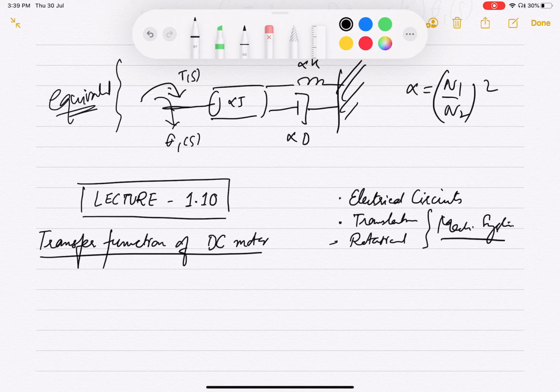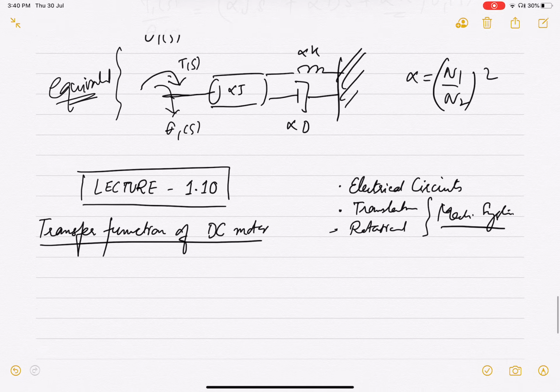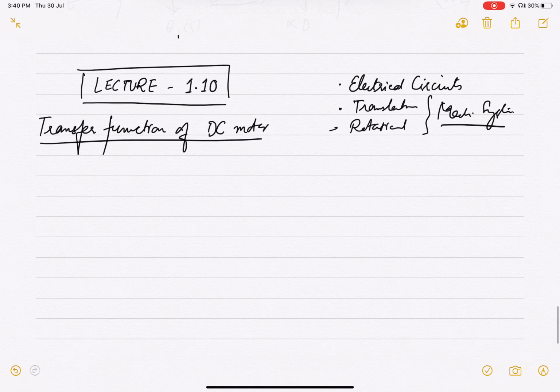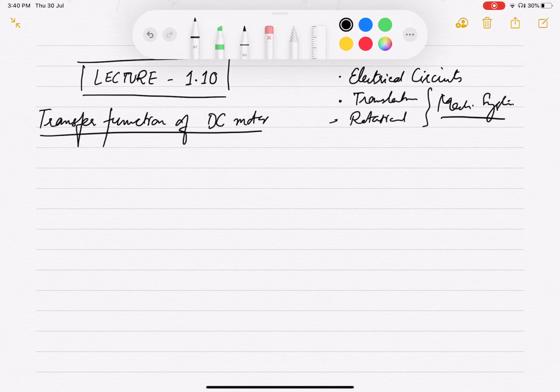This is not going to be a very detailed lecture about the functionality of a DC motor. We'll try to cover that in more detail in the machines course. But just to give you an idea as to how an electromechanical system like a DC motor is modeled from the control system's perspective. If you look at a DC motor, there are primarily two circuits, two windings.